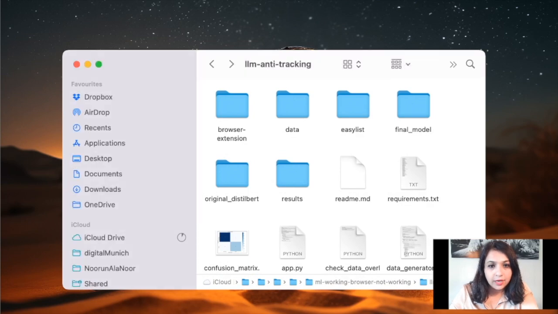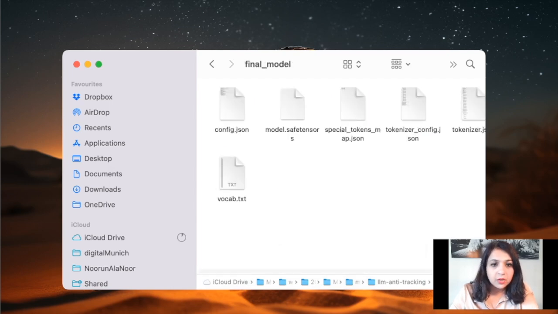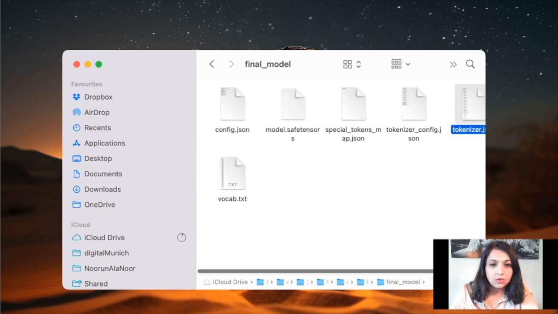Here the model and the related files are stored in the final_model folder. We browse to it and we can see that we have some configuration files. We have the model, we have the tokenizers, and everything that we need to later on use this model for making inference. Coming back to our terminal,